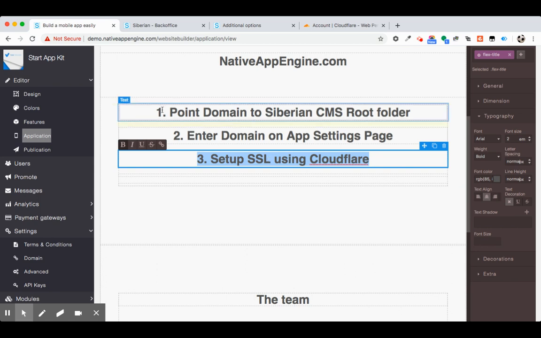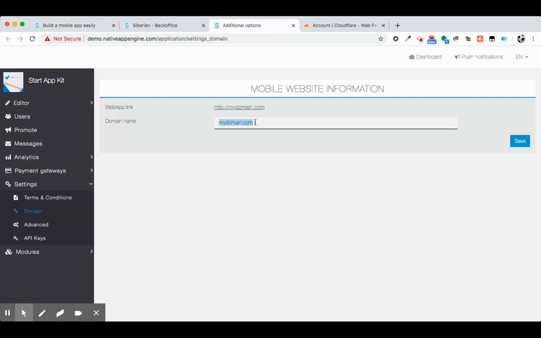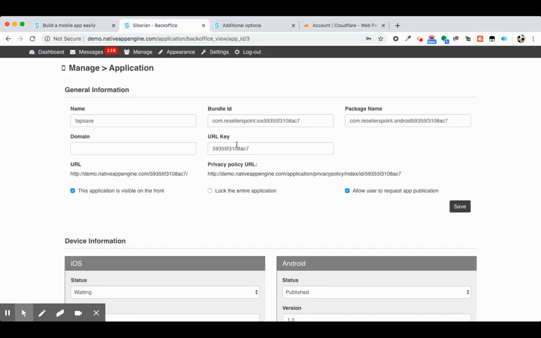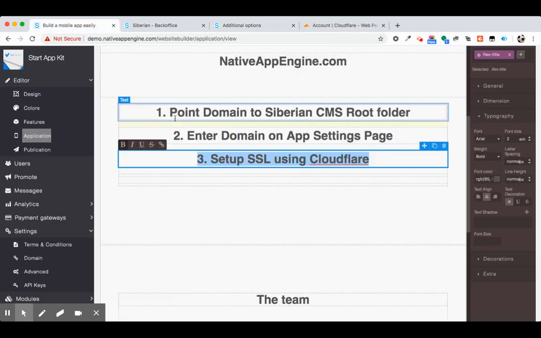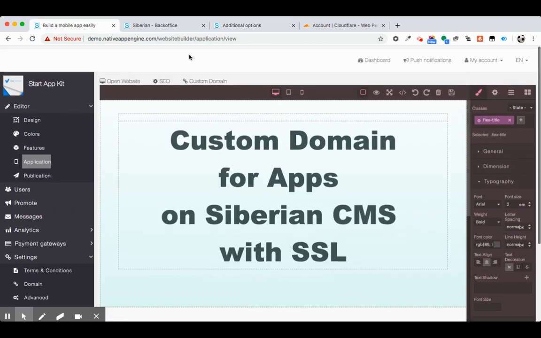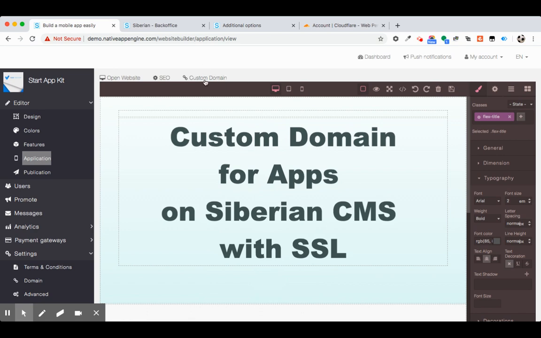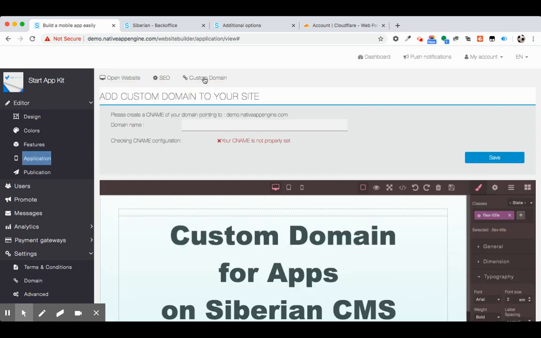I think step one is quite easy. You might be aware of how you can map any domain to your Siberian root folder. Step two is entering your domain name here. And for step two, suppose you want to map a domain for the website builder tool. There is a custom domain option. If you click on custom domain, in the same way you can map any domain here.